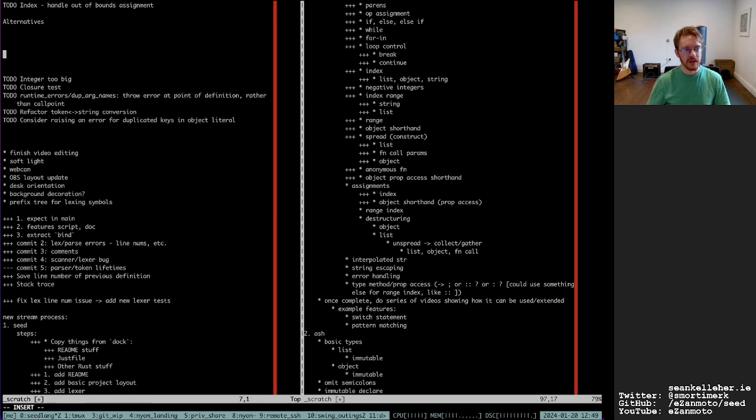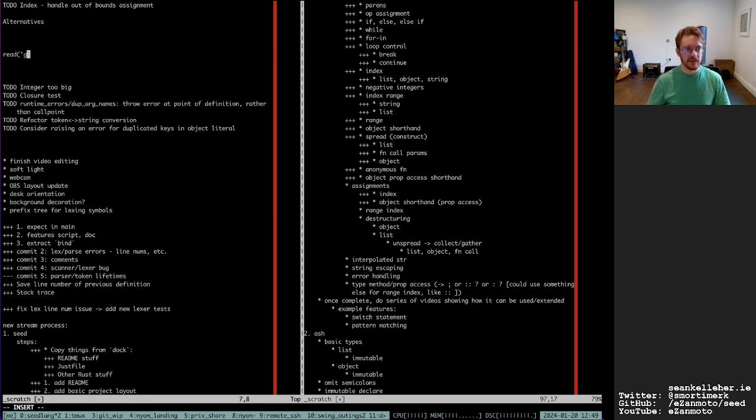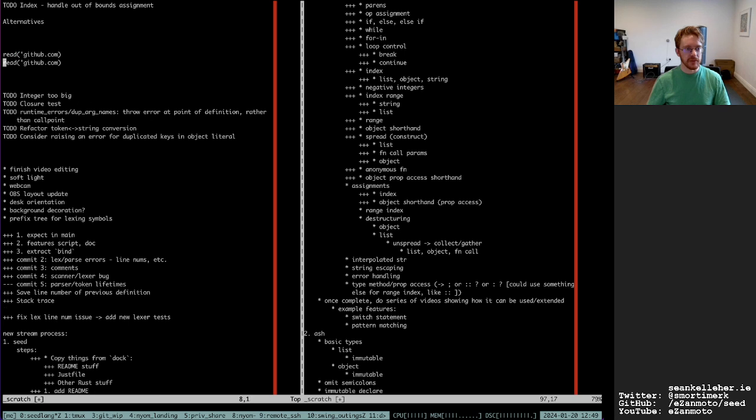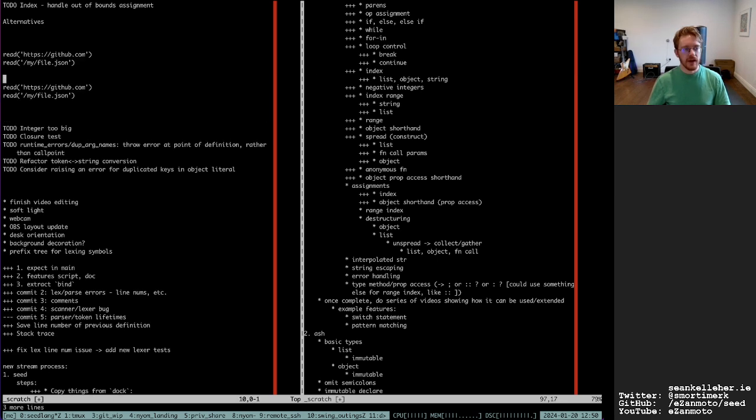Instead of having a read operation that can easily do read from github.com, which does a HTTP request, and one that does my file.json, I would nearly have that be explicit, either namespaced, and then have some kind of operation afterwards.